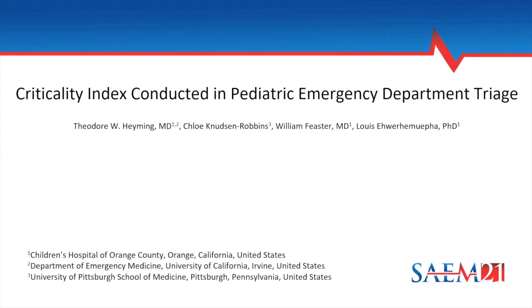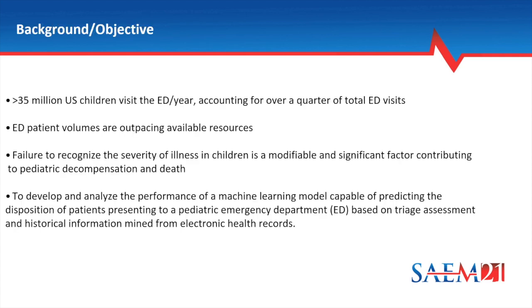My name is Dr. Ted Heyming, and I'm here to present Criticality Index conducted in Pediatric Emergency Department Triage. The objective of our study was to develop and analyze the performance of a machine learning model capable of predicting the disposition of patients presenting to a pediatric emergency department based on triage assessment and historical information mined from the